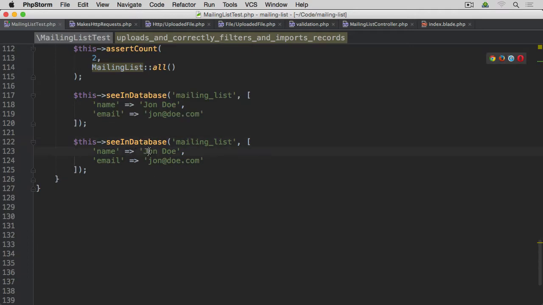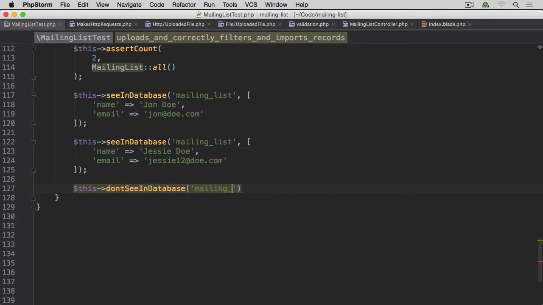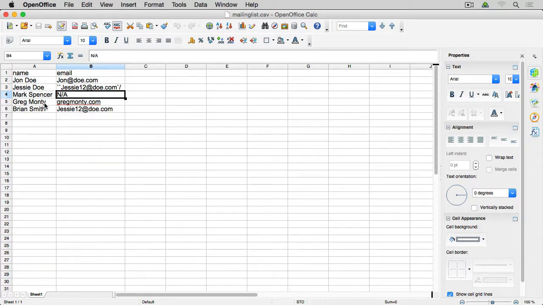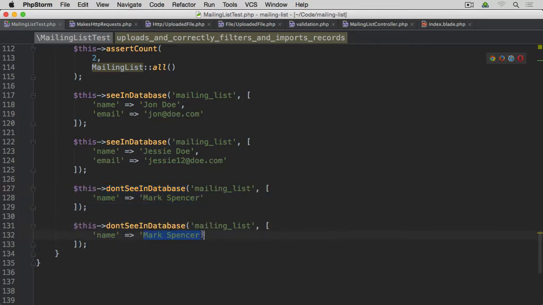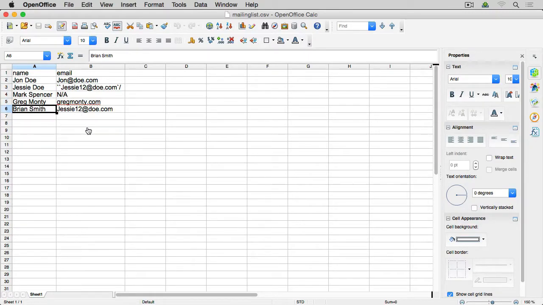So if we go back, I'm going to duplicate this entire assertion here. So see in database, this time it's going to be Jessie Doe with Jessie12 doe.com, and then we should not see in database, don't see in database, mailing list, we shouldn't see a record with the name of Mark Spencer. If we go back to our CSV, Mark Spencer has an invalid email address. Same for Greg Monty. So if we duplicate this last assertion here and change the name, and then duplicate this again, we also shouldn't see a record with the name